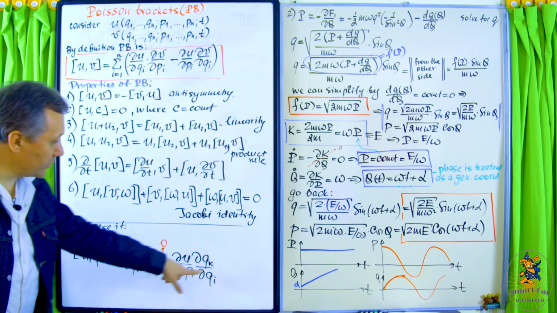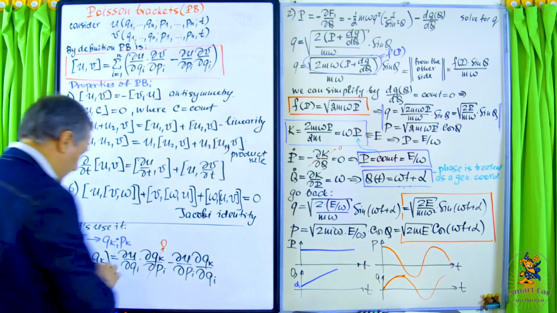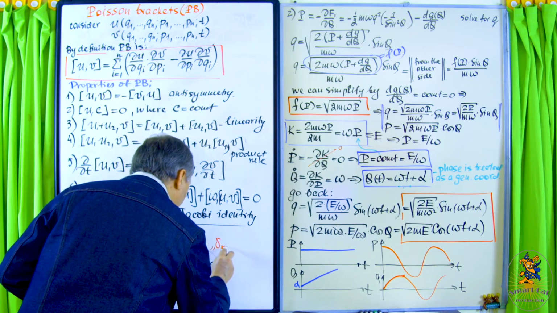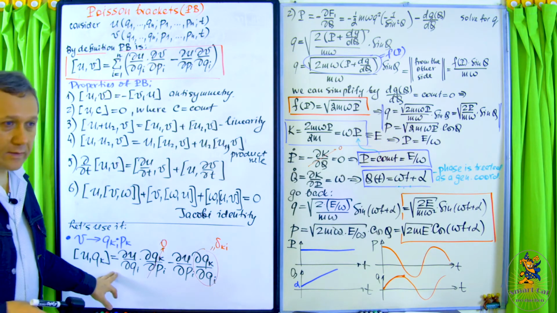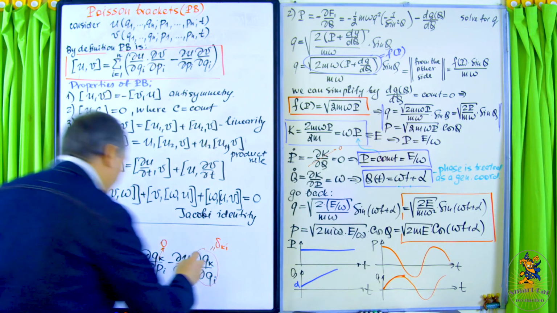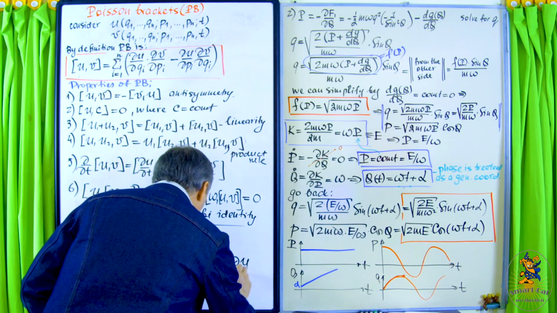So of course it will give us the Kronecker delta, delta_ki. So this Kronecker symbol is going to kill this summation. So we're going to have here, instead of ik, minus the partial derivative of u with respect to